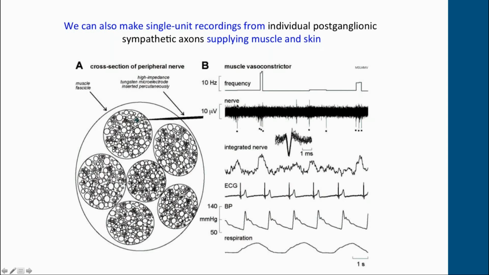And here we've got a muscle vasoconstrictor neuron just firing spontaneously, and the asterisks indicate when the unit is firing, and here in the inset we've just superimposed the spikes, and you can see that this has a uniform spike morphology. We can also see far field activity, and here in the integrated nerve, which is similar to the RMS processed nerve, we can see this far field activity, so we can get an idea of the population activity as well as the single unit activity.